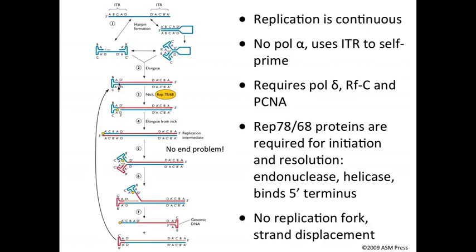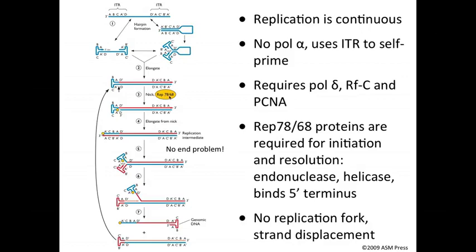So you can see the red doesn't cover the entire left-hand part of the genome. So how do we do that? Well, remember I told you that every DNA virus needs at least one viral protein to be made in order to replicate its genome. And for Parvo viruses, that protein is called